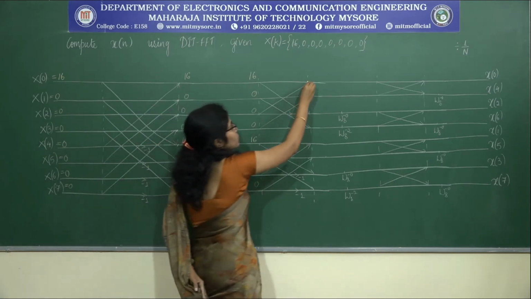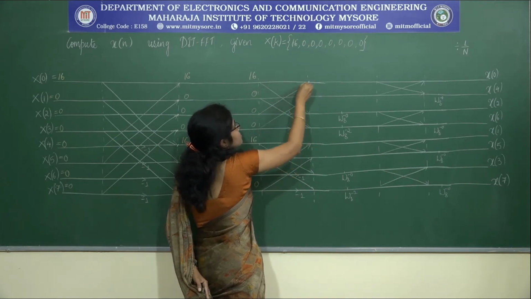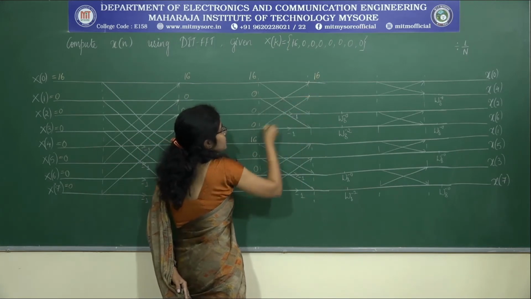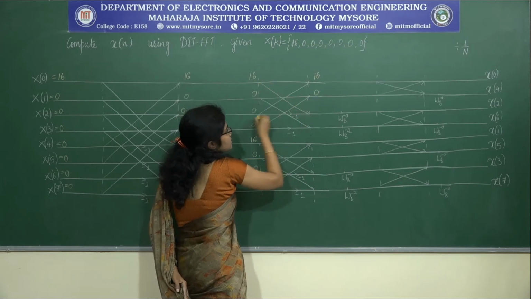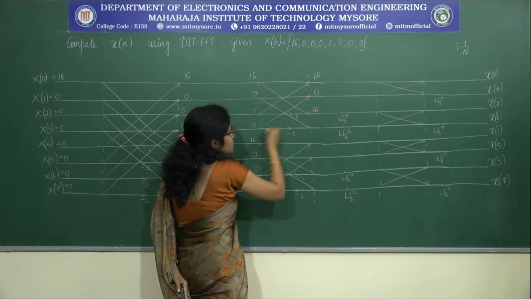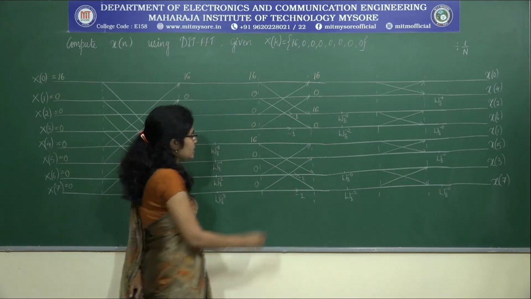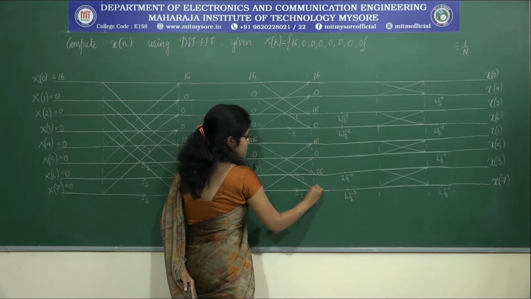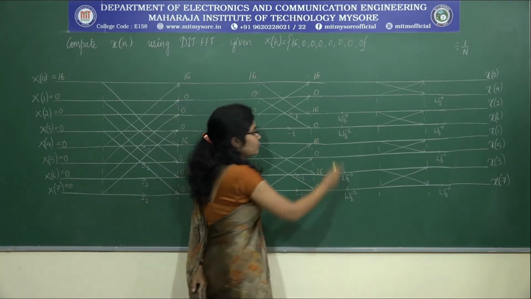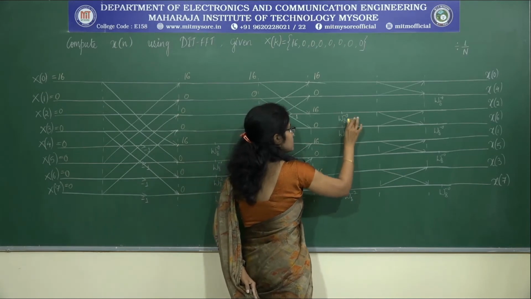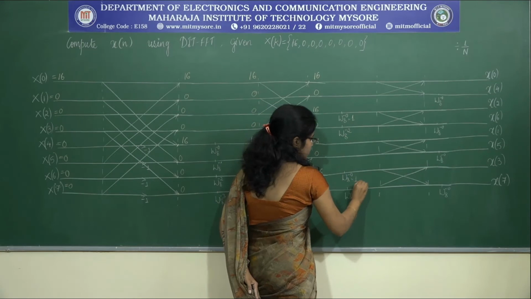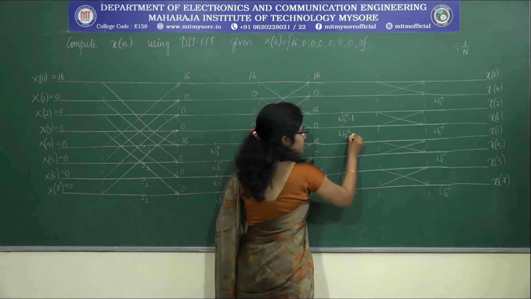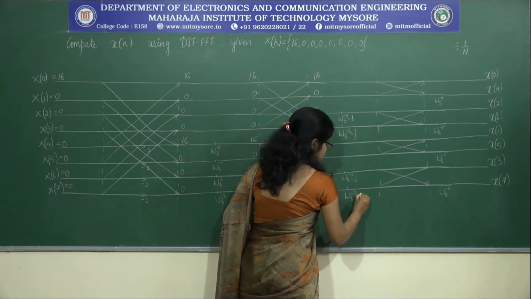So coming to this point. The signal from this branch is 16, this branch is 0. So that gives us 16. Correct. Again at this point, 0 and 0, 0. 16 and 0, 16, 0 and 0, 0. Coming to this point, here it is 16, 0, again here it is 16, 0. So the value of omega 8 power minus 0 is 1. Now the value of omega 8 power minus 2, I have calculated this and I will write the values directly, so that is j.